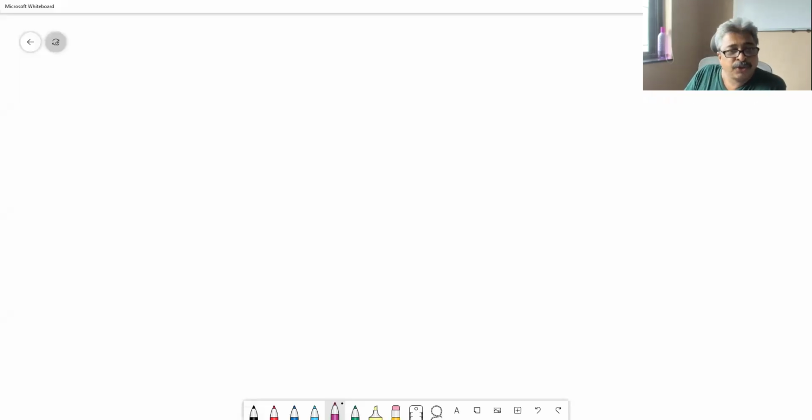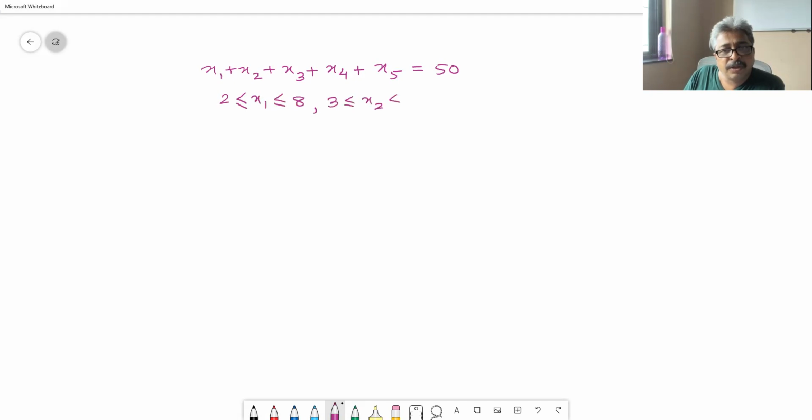x1 plus x2 plus x3 plus x4 plus x5 is equal to 50. 2 is less than or equal to x1 less than or equal to 8. 3 is less than or equal to x2 less than or equal to